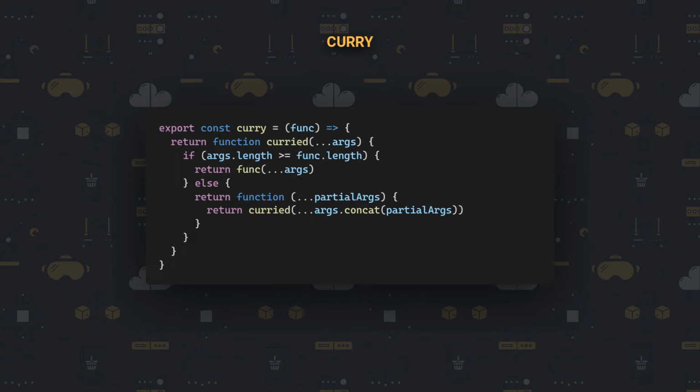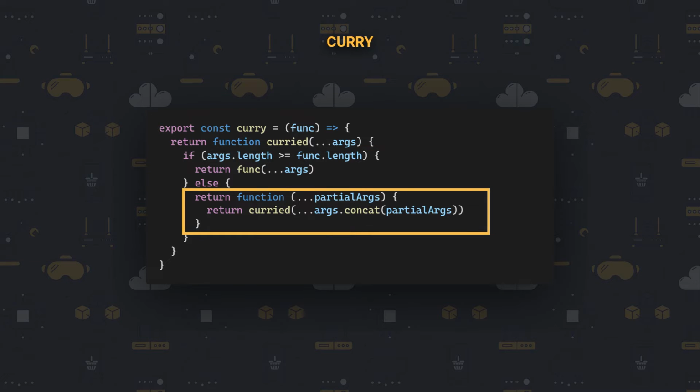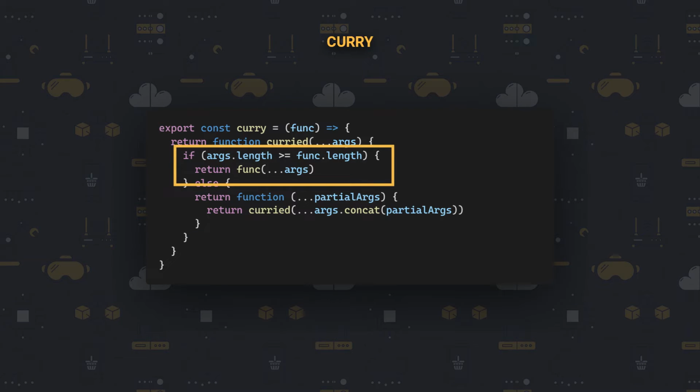Let's look at an implementation of curry. As you can see, the curry helper function takes a function as the parameter. It then returns a function that can take a variable number of parameters, thanks to the REST parameter syntax. Inside this function, we can check the total number of parameters required, using the length property of the passed-in function. If the length is greater than the passed-in arguments, it means that there are still arguments that have to be passed in, in which case we return another function that expects the rest of the parameters by calling this function recursively, providing it all the parameters accumulated so far. Finally, once all of the parameters have been provided, we execute the original function and return the result.